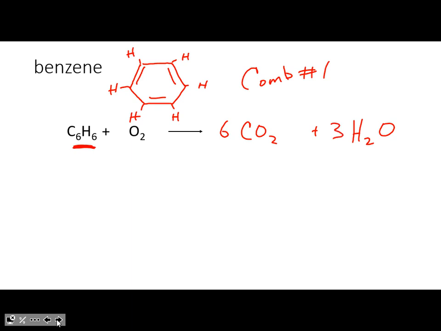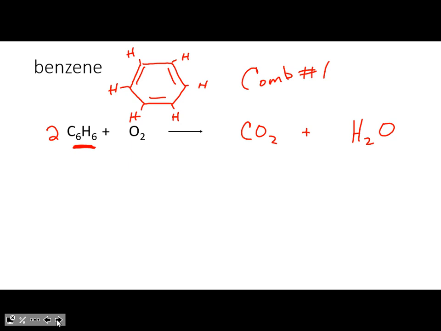It's going to give me a 3 there. And I can already see a problem. Can anybody else see a problem? Odd oxygens, right? That 3 times 1 right there is always going to give me an odd number of oxygens. I can't have an odd number of oxygens. So I've got to go back to the drawing board. I've got to get rid of those. Those are not working. So what I'm going to do is double